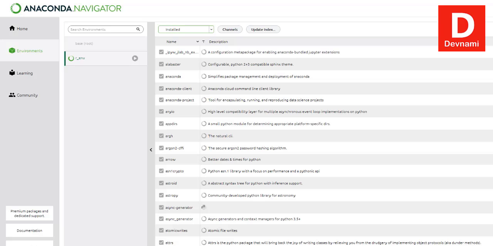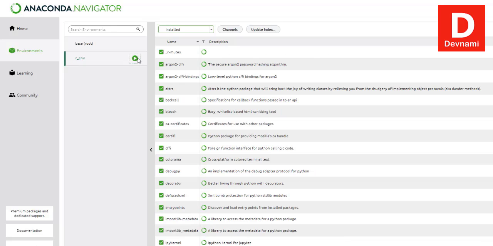here all the packages are in the process of loading, and once loaded we can make use of the terminal and also the notebook option for R. As you can see, now if you click on this particular r_env, you get the option for opening terminal, then open with Python, open with IPython, and then open with Jupyter Notebook. So let's go with the notebook option, and once we click on it, it should open a browser that loads the